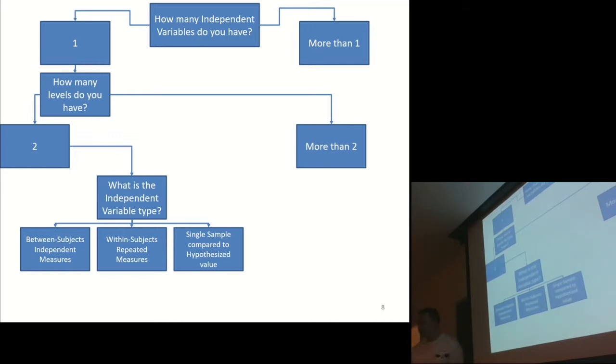Between subjects, that is a variable where you have split your subjects into two separate groups. So you've split them into high achievers versus low achievers. You've split them, well, that has order. Yeah. You've split them into males versus females. You've split them into liberals versus conservatives. You've split them into two groups, and they don't get to be in both of the categories. They can only be in one. That's a between subjects independent measure, and then you are doing an independent samples t-test.